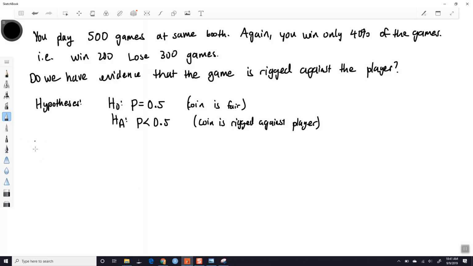Okay, and so here we might do our calculations, et cetera, et cetera. And our p-value, again, I'm making this up, but let's say is 0.0001, okay? So again, I made this number up. Okay, don't actually try to calculate this, all right? And so what this says is that